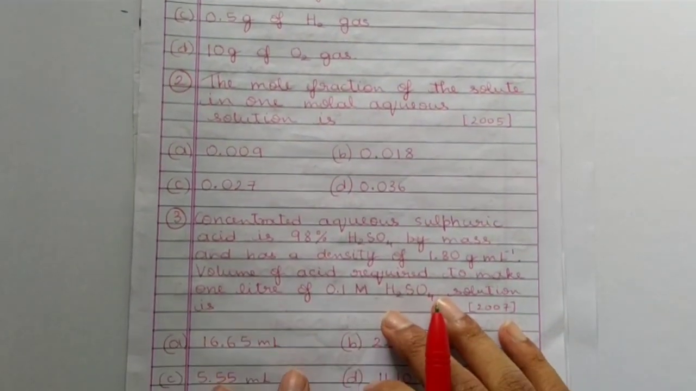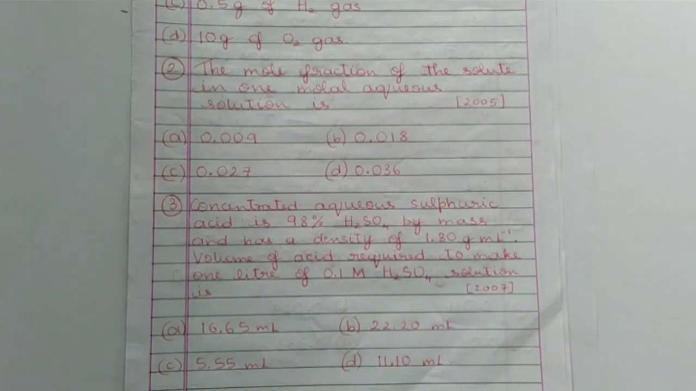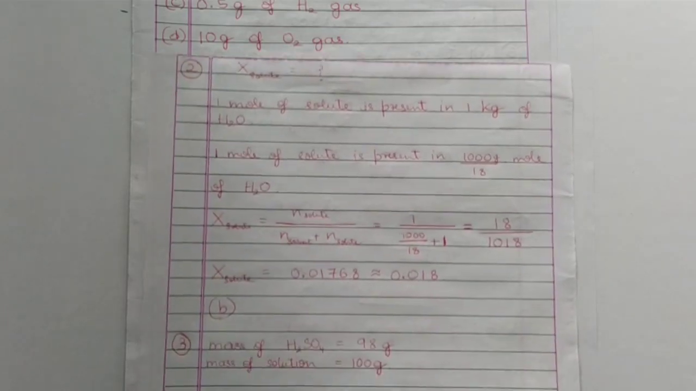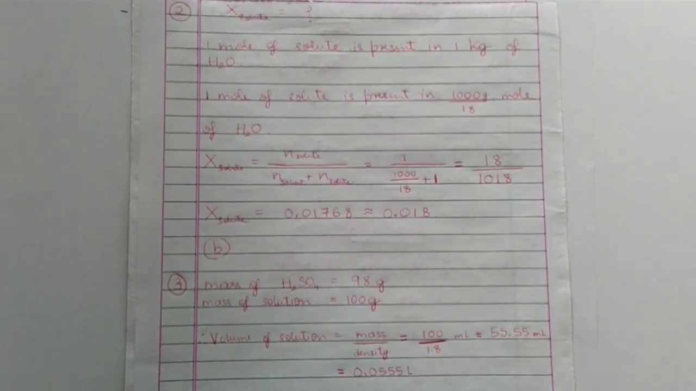Question 2. The mole fraction of the solute in 1 molal aqueous solution is. 1 mole of solute is present in 1 kg of H2O as given in the question. 1 mole of solute is present in 1000 by 18 mole of H2O, because mole is equal to mass by